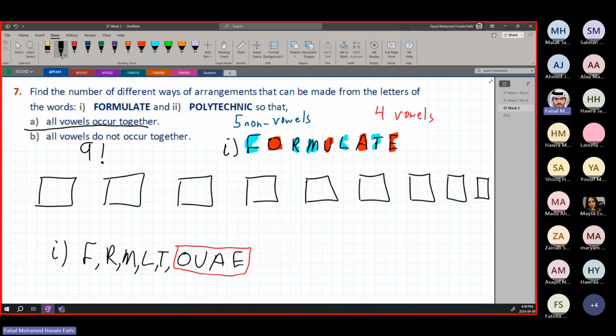We know that we have 4 vowels that have to be next to each other. So what are we going to do? We're going to reserve 4 spots for the vowels at the very end. We could do it at the beginning as well, but I usually prefer the end. The vowels could be here, in the middle, or at the beginning, but we're just going to reserve those spots for the vowels.